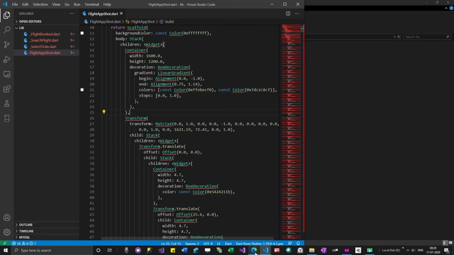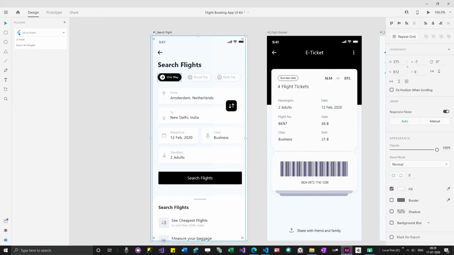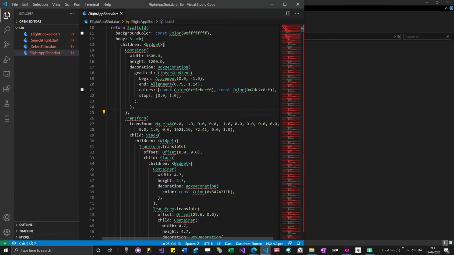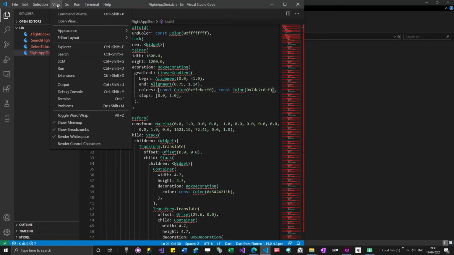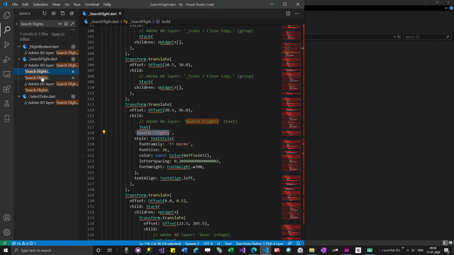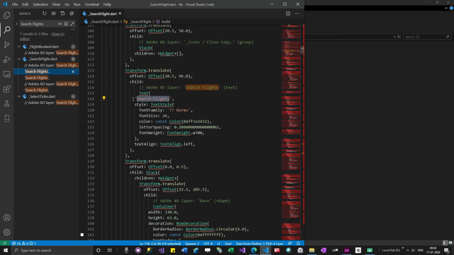For example, in this file I have something called a search phrase. Let me search this text. I actually use Visual Studio Code to search text too. I go to View, Search. If I have 10 files and want to search for text, this is what I use rather than searching each file individually. I click search text, and you can see they have added a text widget like this, and this is the style they have used for the text.